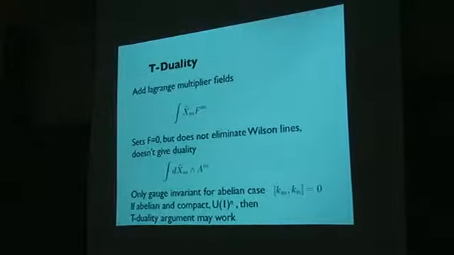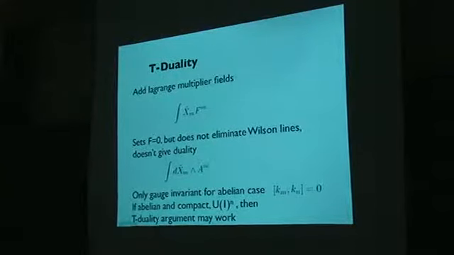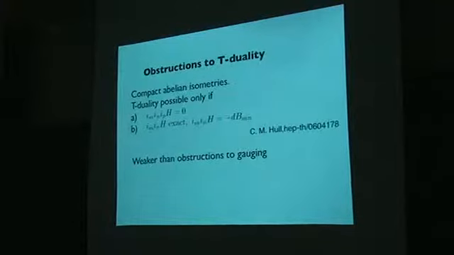So first of all, to get some version of T-duality to work here, we want the group to be abelian, and we also want it to be compact, U(1) to the n, and then we can see whether we can add extra fields to get around the obstructions to the duality. So it turns out if you're trying to do a duality with respect to all of these Killing vectors at the same time,